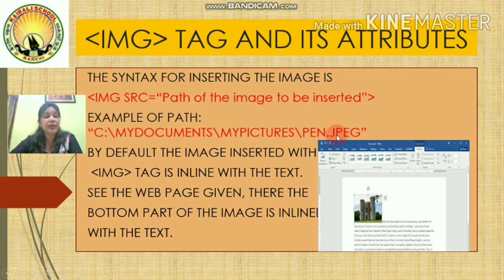Don't forget to give the extension part, because there can be many files with different extensions. Which file you want to insert matters a lot. So the extension is a must. JPEG stands for Joint Photographic Experts Group, and here these are backward slashes. In some systems this can be forward also.